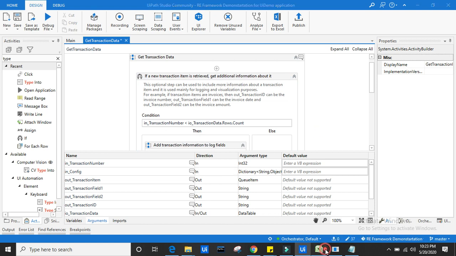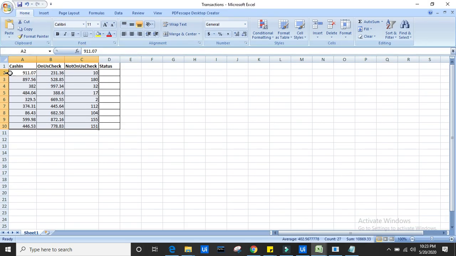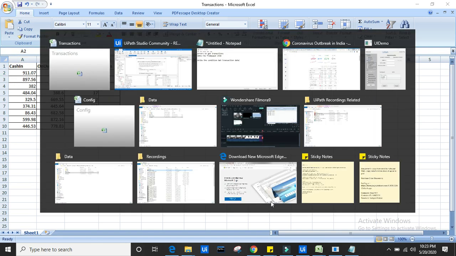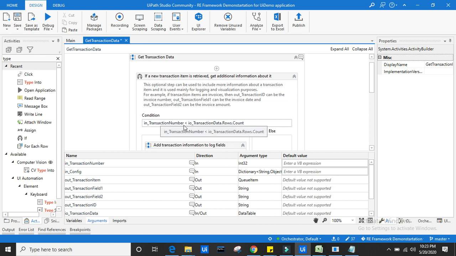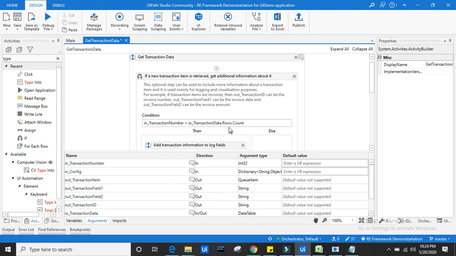What does this mean? Transaction number will start from 1. So this is 1, this is 0, this is 1. The condition is in_TransactionNumber, that is 1, is less than the transaction data, which is the data table, and here we are counting Rows.Count.